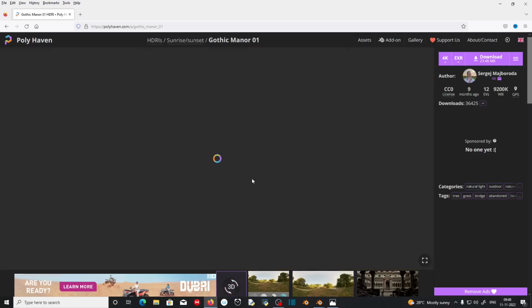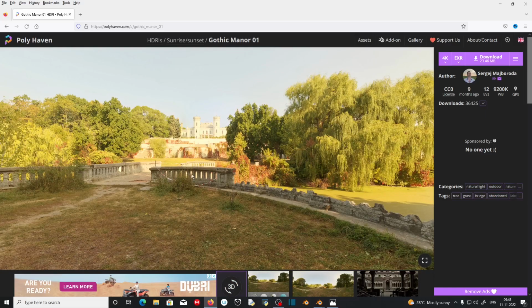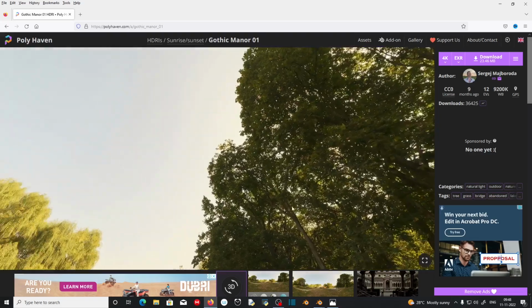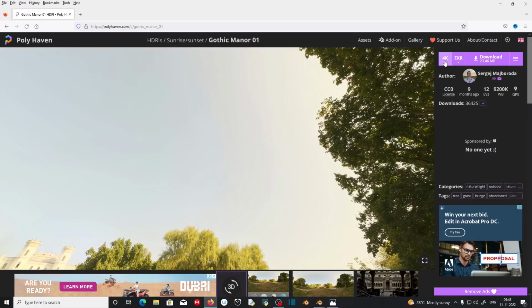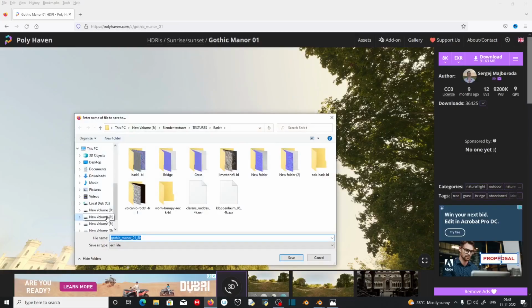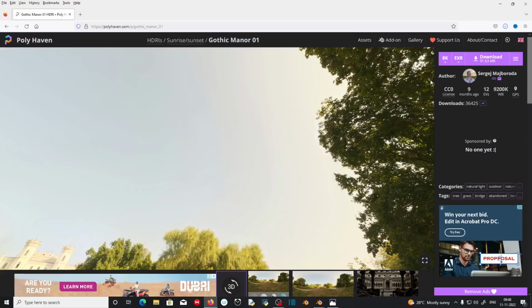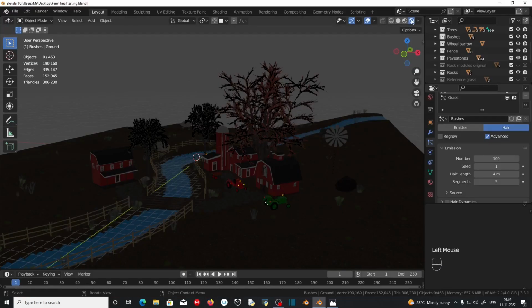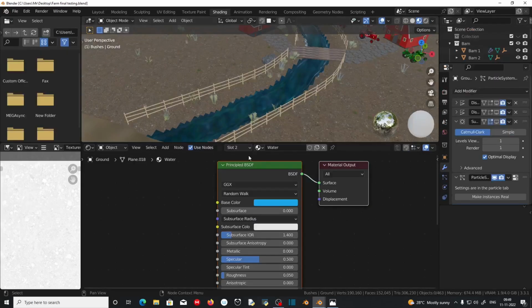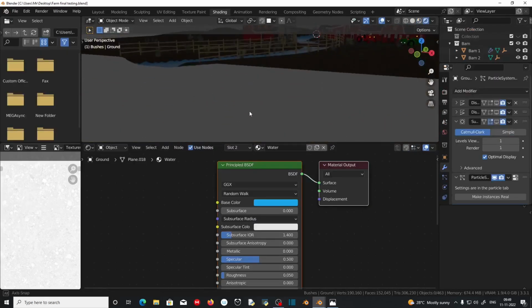If I select this, I can see the 3D view. The yellow lighting is really good. So we are going to download the 8K texture, change this to 8K and click download. Then select the folder to which you want the file to be downloaded. Now go to rendered mode, then go to shading mode, then go to rendered mode to see the HDRI while